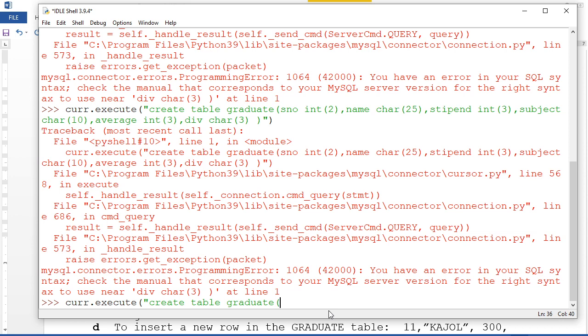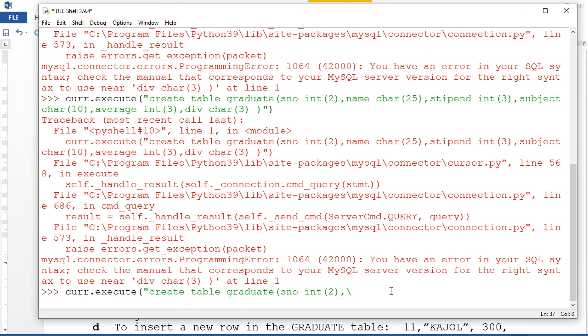Let me write serial number, space, then integer, and then comma. Then I need to go to a second line, so I am going to make a backslash. This is backslash and that one is forward slash, no confusion at all. Then I am pressing the enter key.